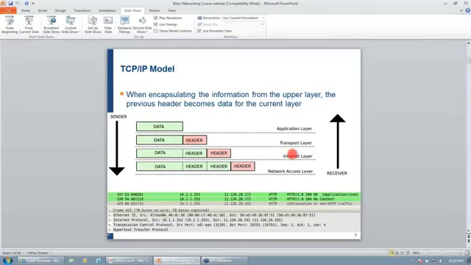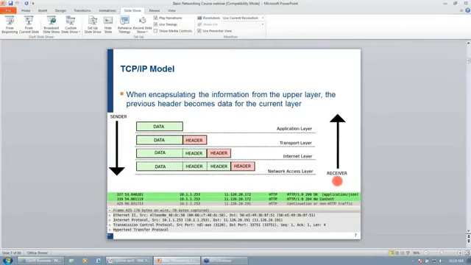The layer below, the internet layer, will take the data above, and the TCP header for the IP layer is just another data. It doesn't look into it, and it adds its information. The same for the network access layer, which will add the MAC. The sender starts constructing the packet from up to down, from the application layer to the network access layer, and when it reaches the receiver side, it will be decapsulated.